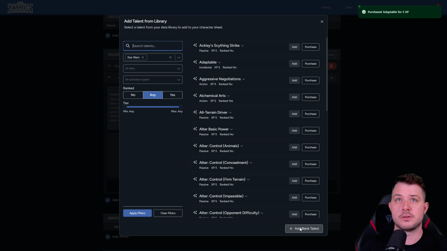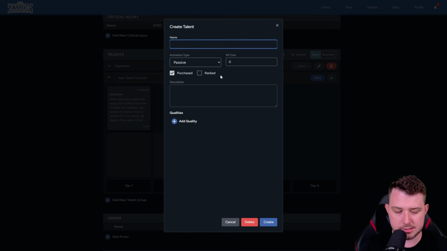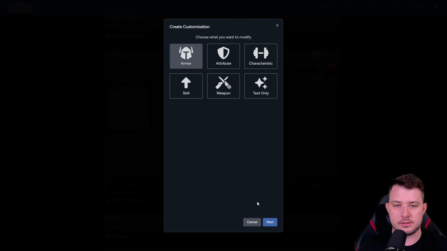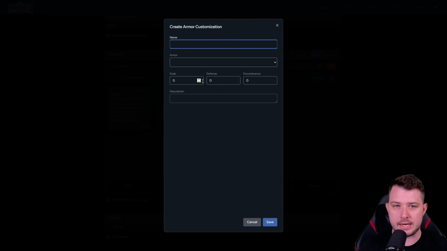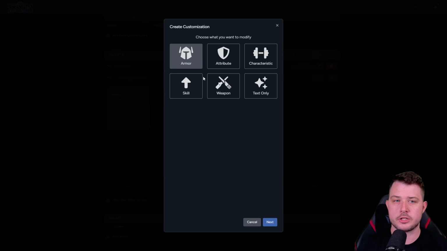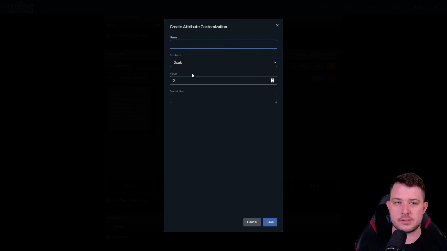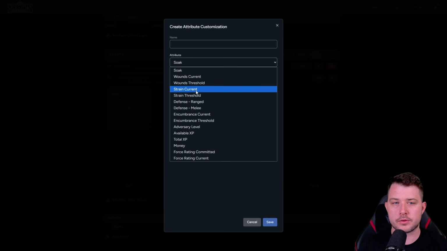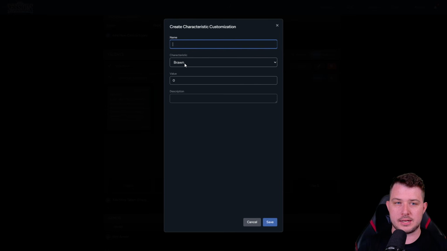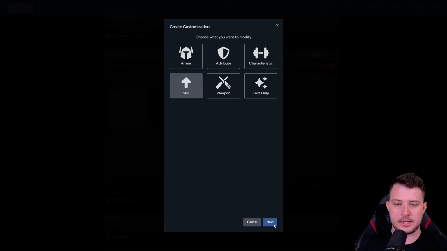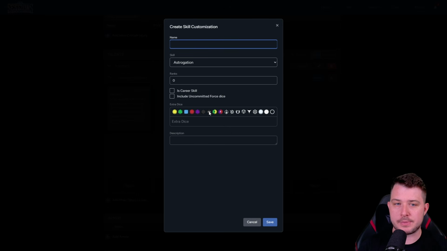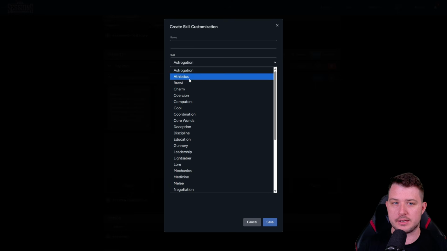We can also down here fill in a blank talent, and we can say something lame like Too Cool for School. And what we can do is click add quality, and then we can do an armor quality, automatically adding soak, defense, or encumbrance to our character sheet. Or we can change any attribute such as your soak, your wounds threshold, defense, money, XP. You can change your characteristics, making the value go up or down. You can add boost die, remove setback, add upgrades, or add advantage to any specific skill like your athletics, brawn,